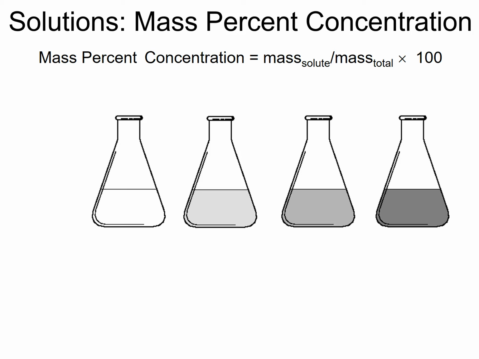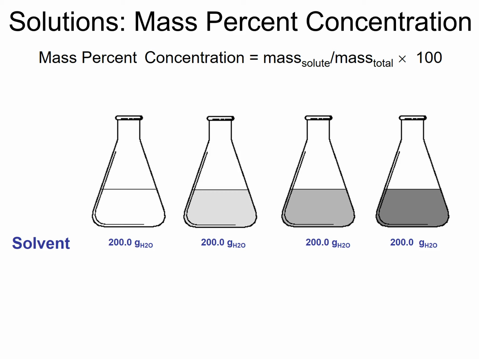Now, one thing, just to level the playing field somewhat, is that in all cases, 200 grams of water were used to construct each of these 4 solutions. And so the amount of solvent in each case is the same, 200 grams. The differences arise, though, from the fact that we have different amounts of solute dissolved in each of these 4